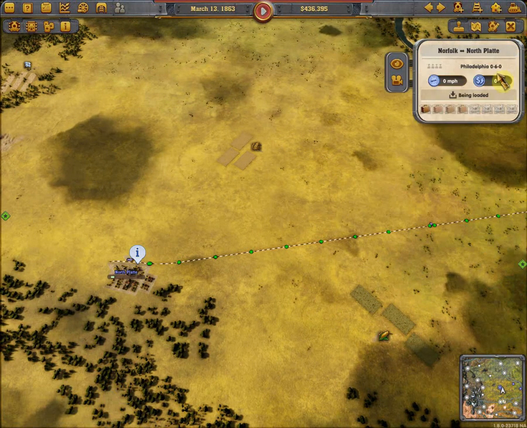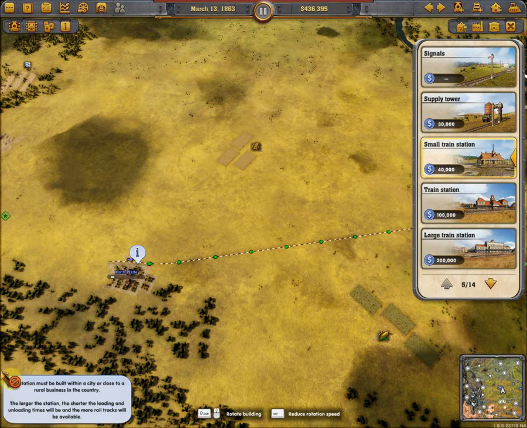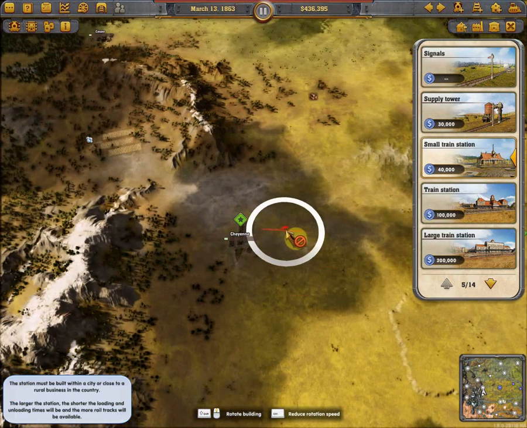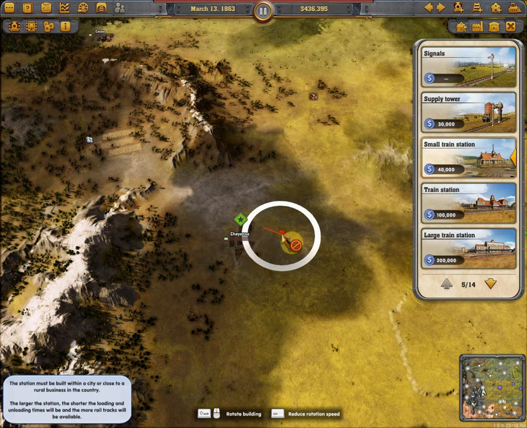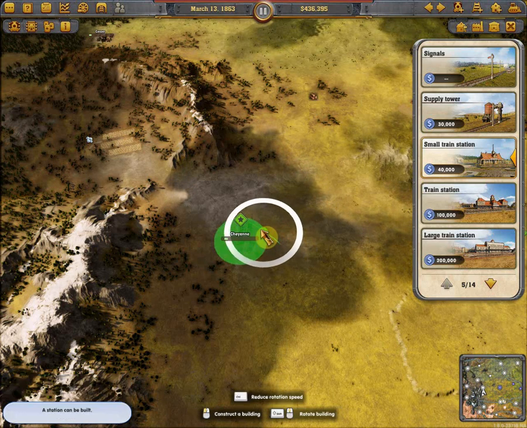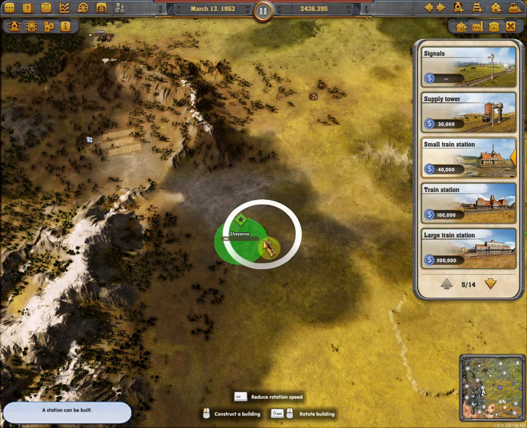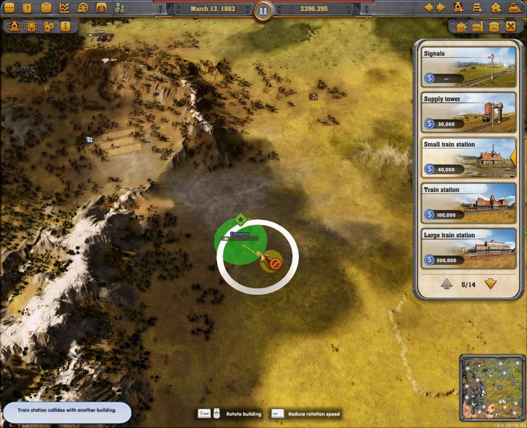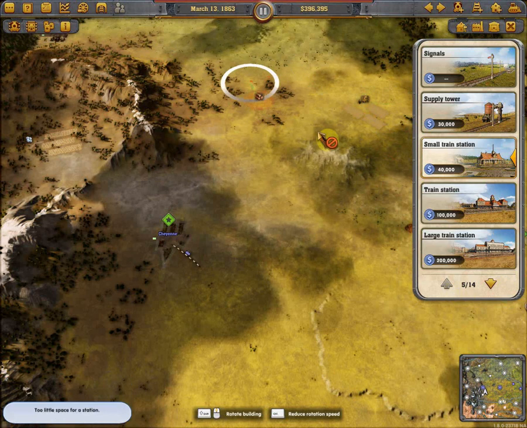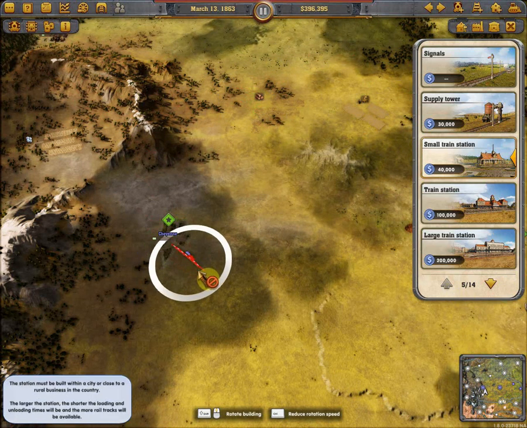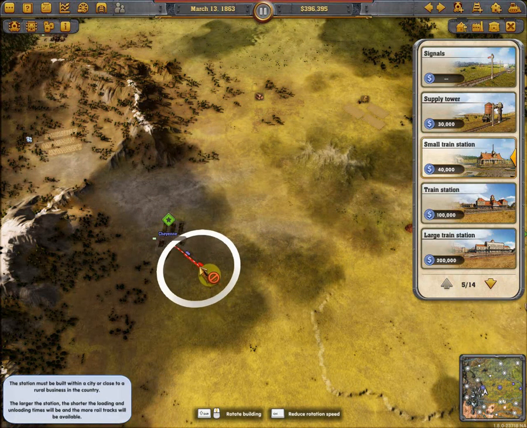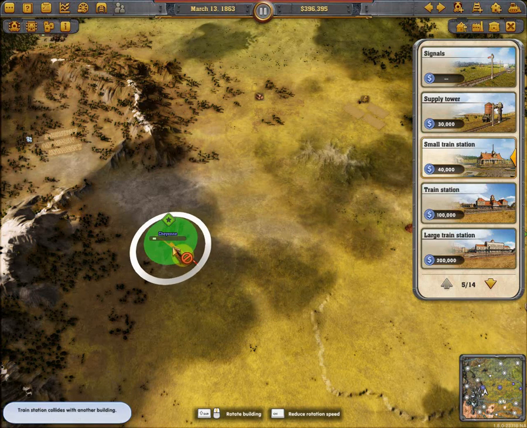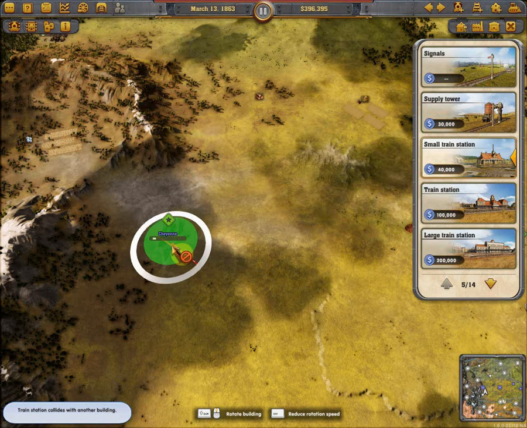And on to Cheyenne with another small train station. Good tip here is to keep it as far from the city as possible, because you are eventually going to be linking these two resources to here. You'll have already used this exit for the station, so the best option is to go from this end of the station up there,